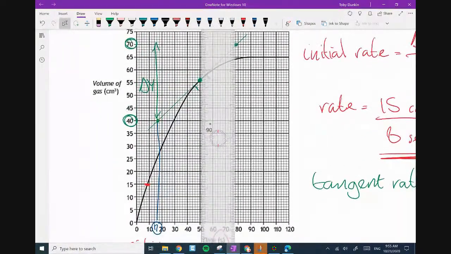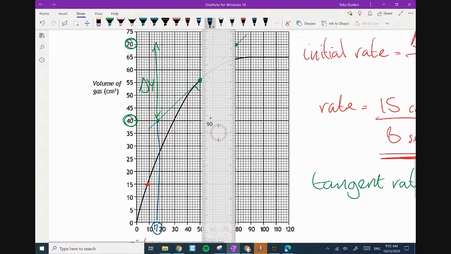The next point I picked was there. Use my ruler. Again, in between the line. Oh, no, actually, I could probably go on it, I reckon. No, it's a bit, yeah, I'm going to go on it. Why not? Make it easy for myself. There we go. So that's going to be